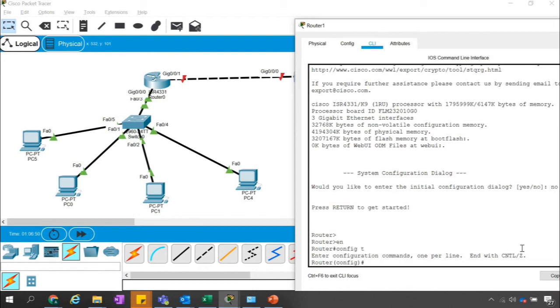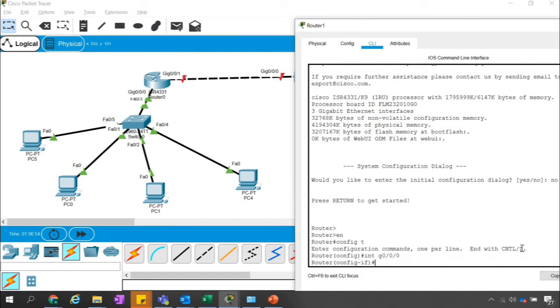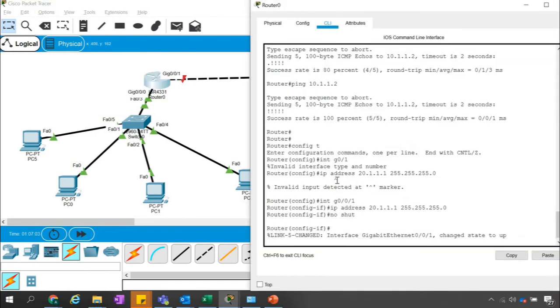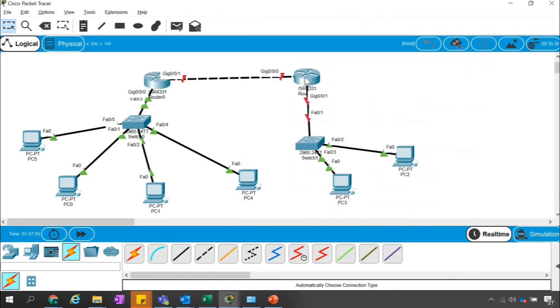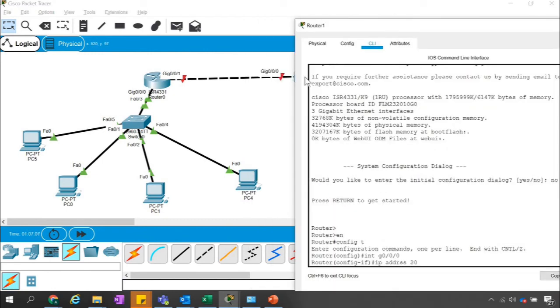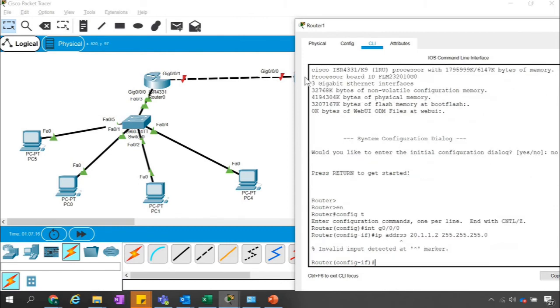And then interface G0/0/0, and the IP address I am giving it here is 10.1. Sorry, I have given it 20 something, right? Yeah, 20.1.1, so I have to give it here 20.1.1.2. I hope you are familiar with this IP assignment, why I use 20.1.1.2, not something else.